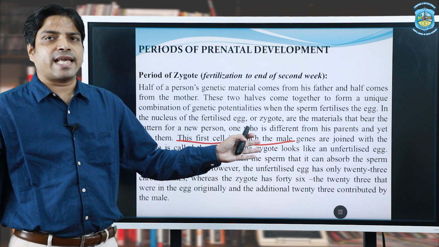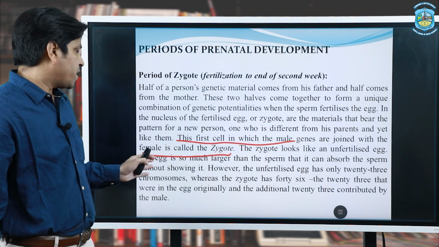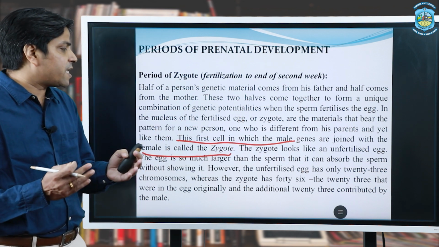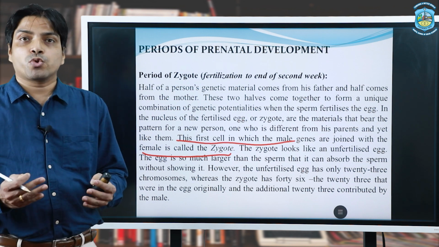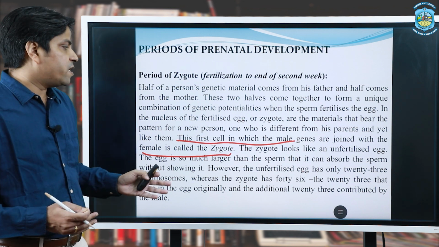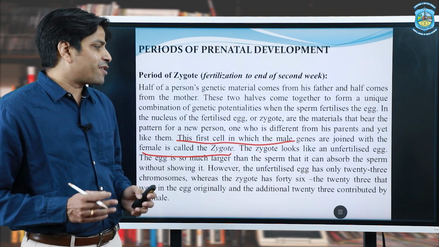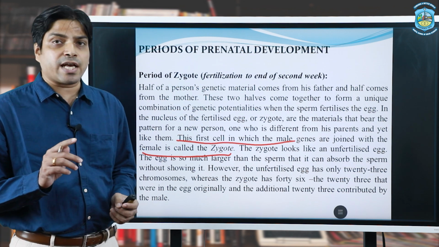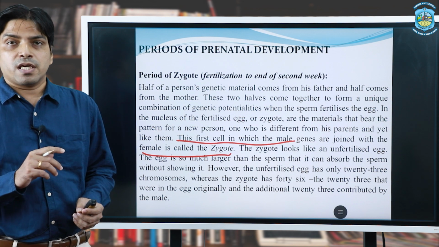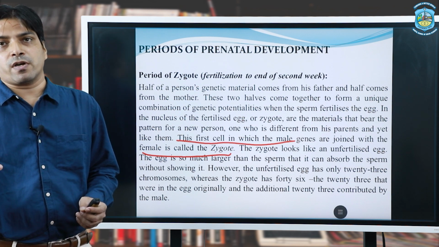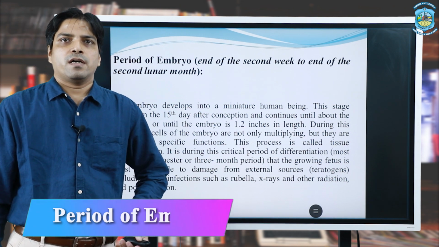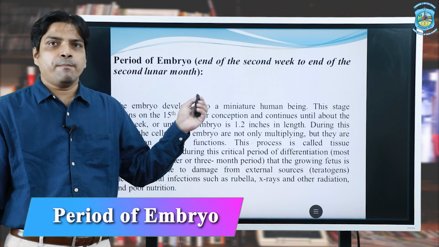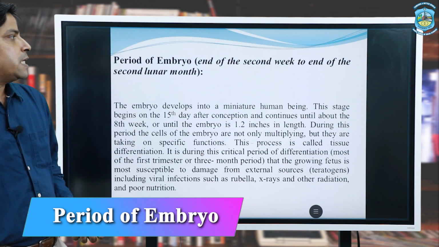The zygote looks like an unfertilized egg, and the egg is so much larger than the sperm that it can absorb the sperm without showing it. However, the unfertilized egg has only 23 chromosomes, whereas the zygote has 46 chromosomes, 23 from the mother and 23 from the father. Now comes the second stage of the prenatal stage, that is embryo, which starts from the second week